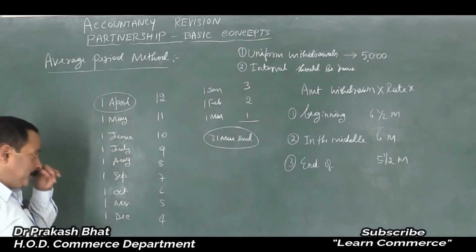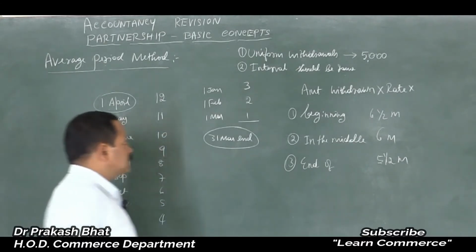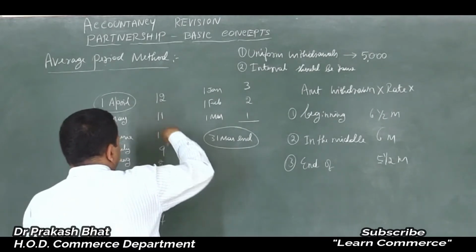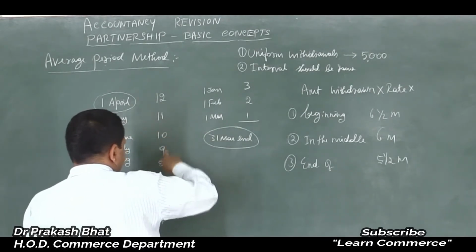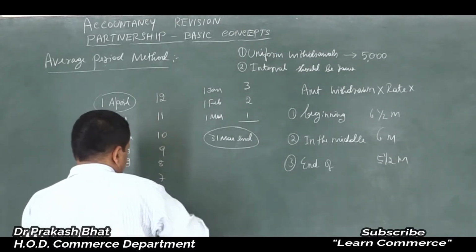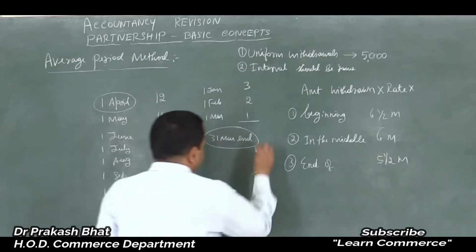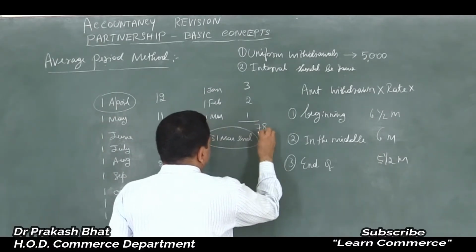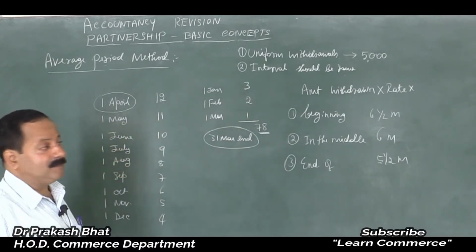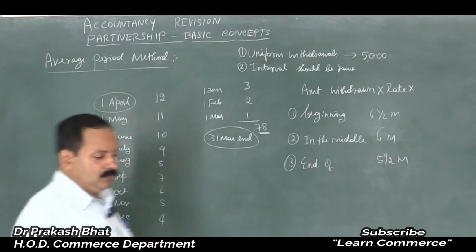Now take the total of this. How much is it? 6, 18, 29, 39, 48, 56, 63, 69, 74, 78. Am I correct? So the time gap total is 78. Now, what you have to do is